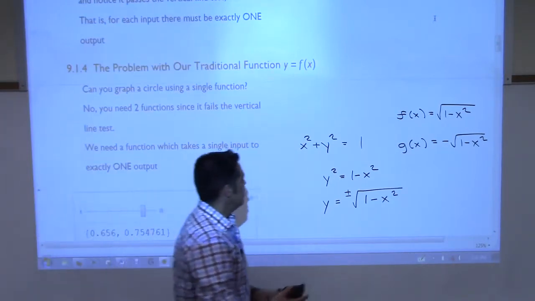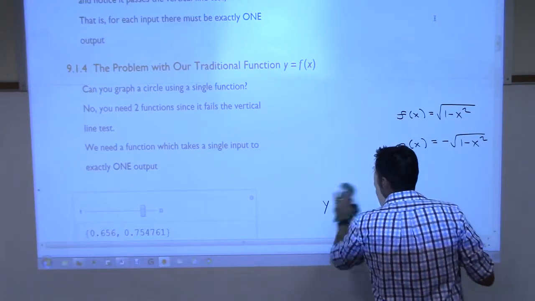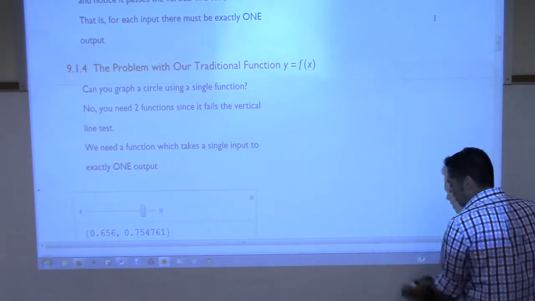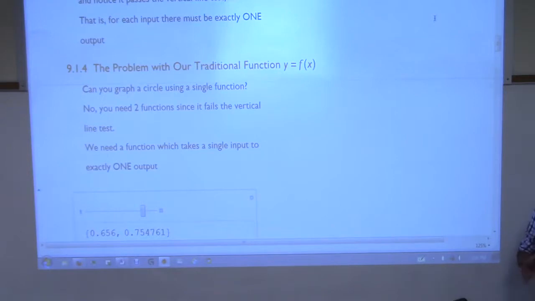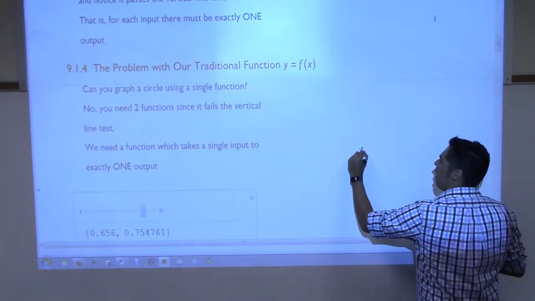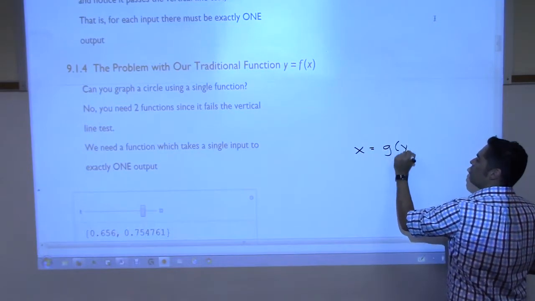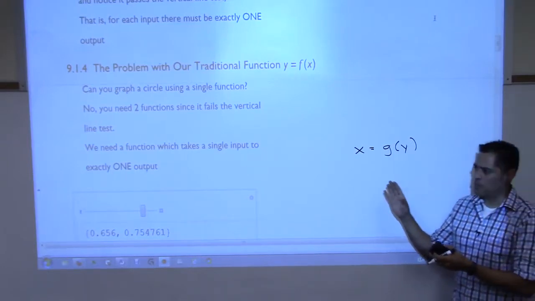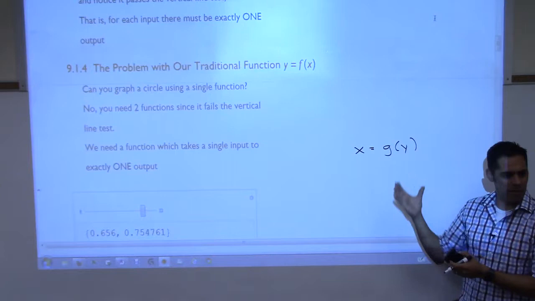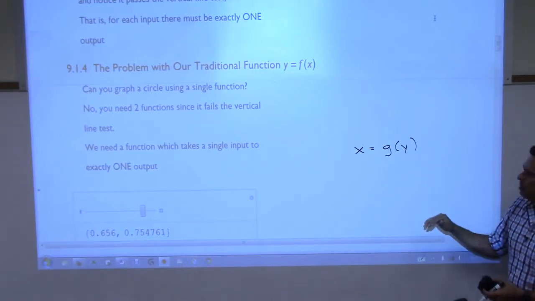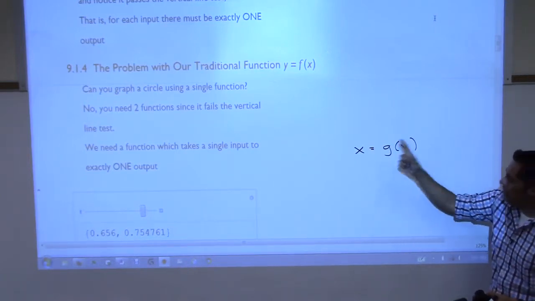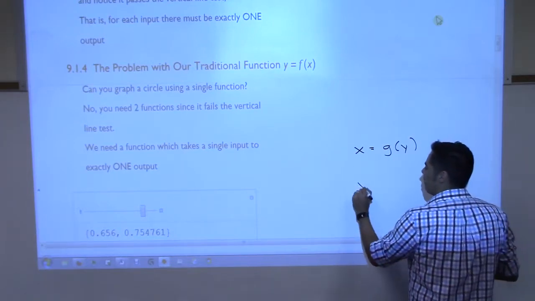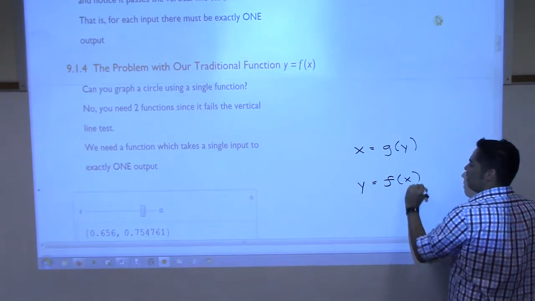Now, all the calculus that we've done up to this point has relied on our functions being functions. We needed y to be a function of x. Sometimes we could have that x was a function of y. We saw that when we were doing areas between curves, sometimes we looked at the region sideways or vertically, with our rectangles. So we could have that x is a function of y. We could also have that y is some function of x. But we've